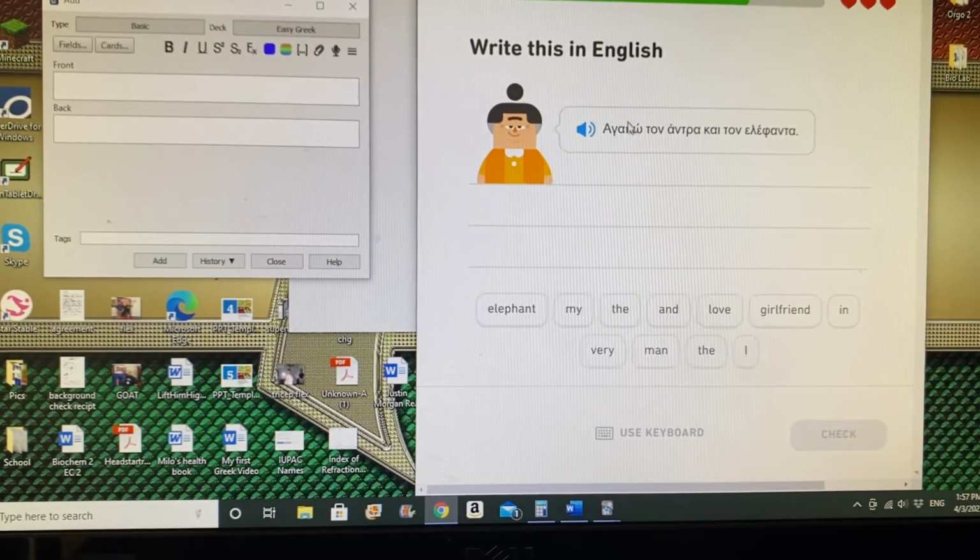But it says, Agapo ton antra ke ton elefanta. So I love the man and the elephants. So this is a plural, or no, it's actually singular. Okay, so I messed that up. Maybe I should put this in, but I'm not really planning to. Ton elefanta I should know is singular, but